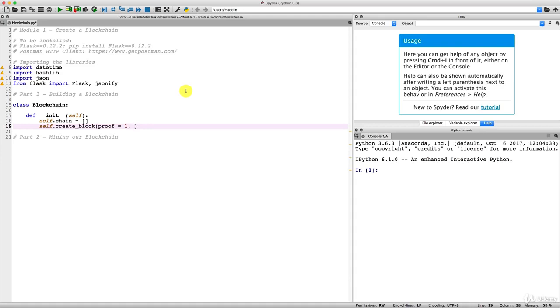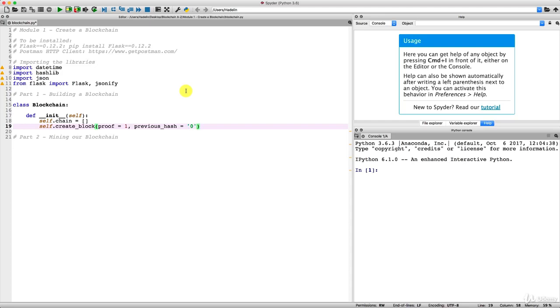However, here this is the Genesis block, so this is the first block of the blockchain, and therefore there is no previous hash. And that's why we also need to give an arbitrary value, and a common practice is to choose a previous hash of 0. You could also choose 1, this is an arbitrary value, but again, a common practice is to choose 0, and you have to put it in quotes, because we will use the SHA-256 function from the hashlib library, which can only accept encoded strings. So that's why we have to put that in quotes, and here we go.